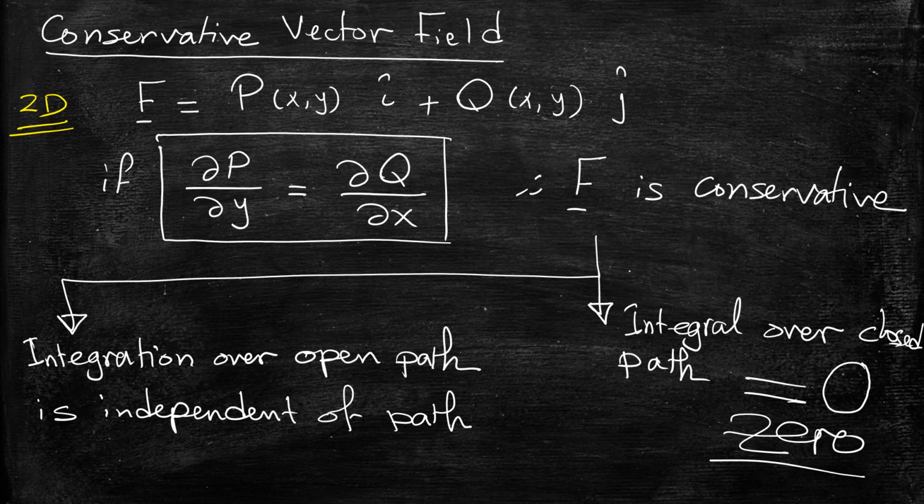We need to check something first. If the derivative of the part of this vector along i with respect to y, and the other term which is in the y direction, which has the j, derived with respect to x, if both derivatives are equal,